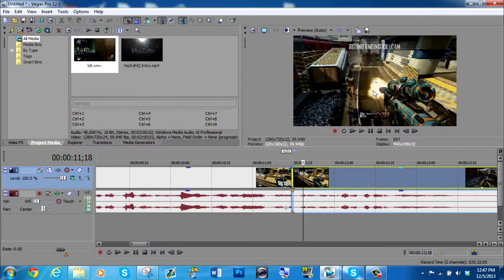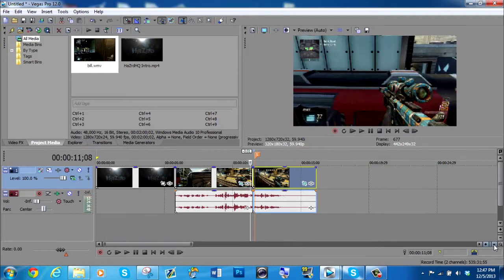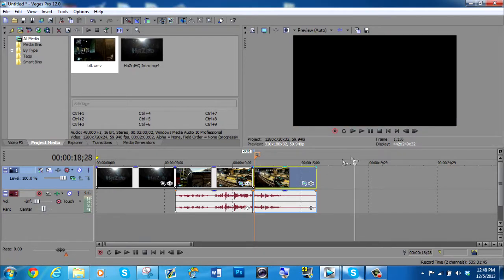And now that it flows perfectly smooth, what we're going to want to do is go ahead and set a marker right here when he actually hits the guy. So we're going to hit M on our keyboard, and what this does is it makes a marker that we can click on really easily and we can snap things to. So it makes a marker that goes all the way down, and we can snap files to that marker afterwards. And you can delete this marker if you ever needed to, but we don't need to. So now that we have a marker,